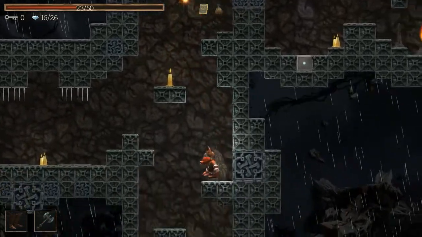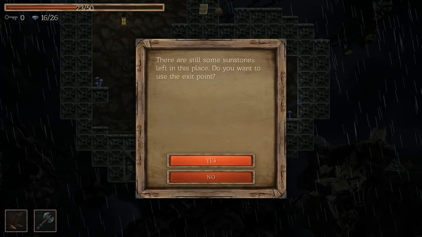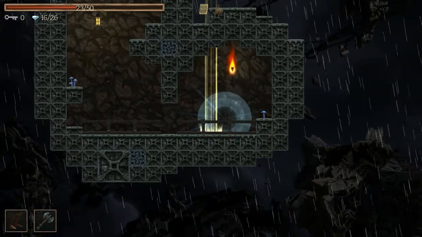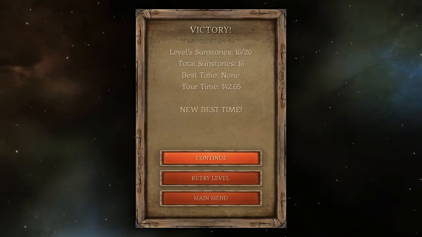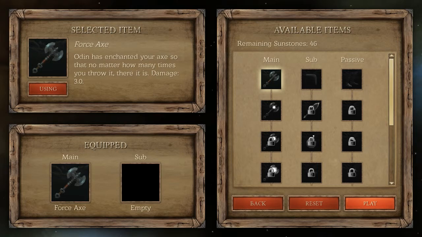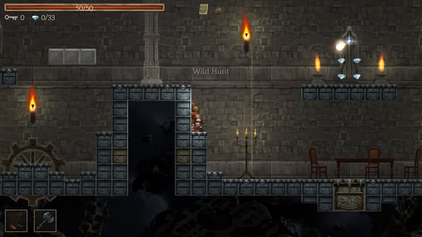I guess that was where I got the remainder of my sunstones. Which means... Yeah, I get it. I said come back later. I guess there's some backtracking when you've got later abilities and things, but that does mean I still don't get any upgrades. Alright, on with the wild hunt. I have 46 sunstones, which is not enough to buy anything at all. I can't buy a secondary weapon, I can't buy things. I would like to get to a point today where I can...